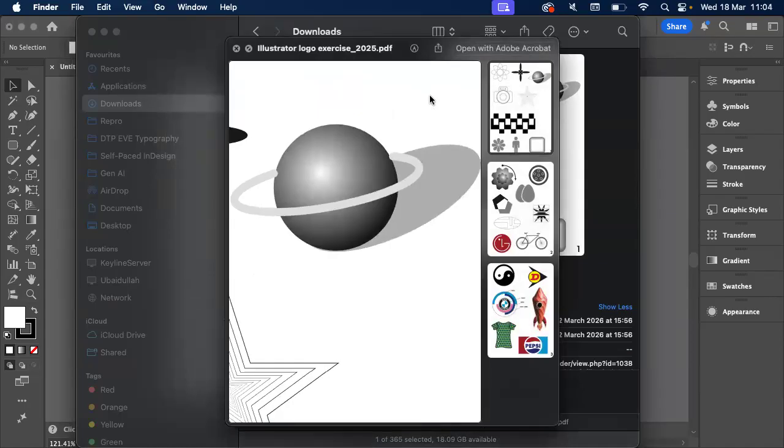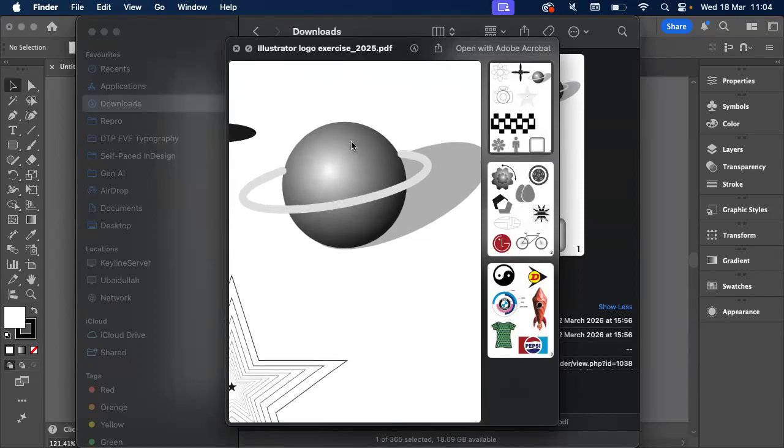Now, has anyone managed to do this? Done and completed? We just need to do the ring, which, if you guys did attempt this, is where I'd expect most of us to get stuck, because the ring isn't actually a full circle. We're trying to make the planet look like it's sitting inside. So let's start off with the